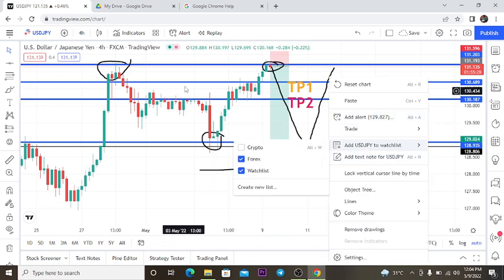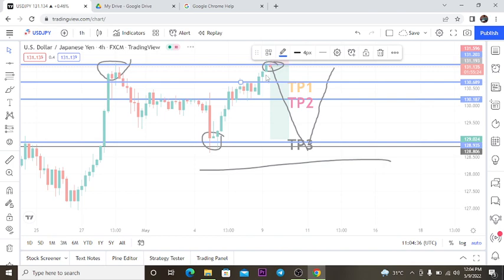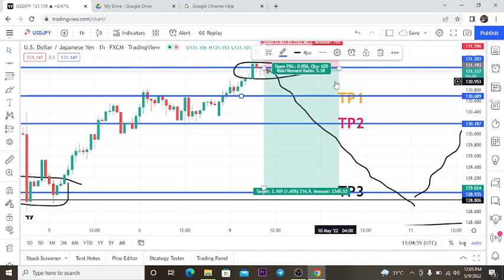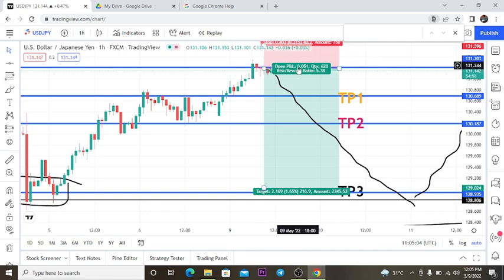Then if I switch to 1 hour time frame, that's the first thing I saw. All right, if I switch to 1 hour time frame, let's see what's happening. So remember, the price is currently on a resistance level, which is the double top. So now on 1 hour time frame, let me do away with all these stuff here so that you won't be confused.